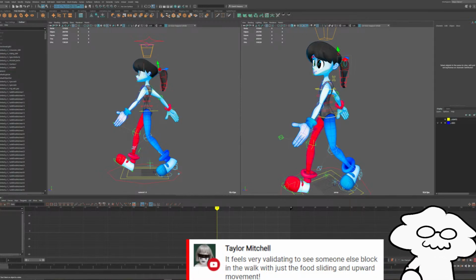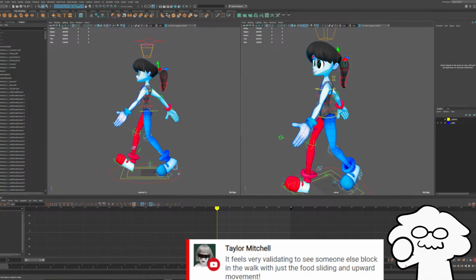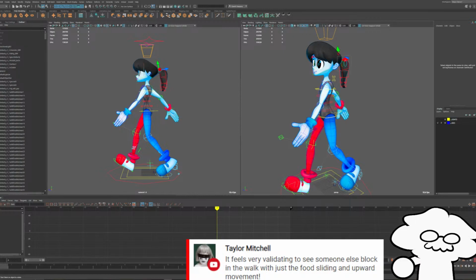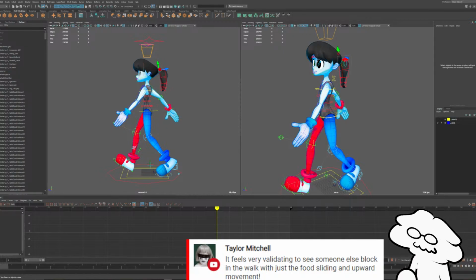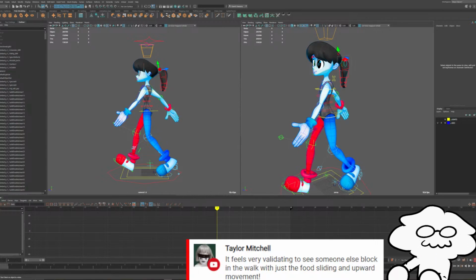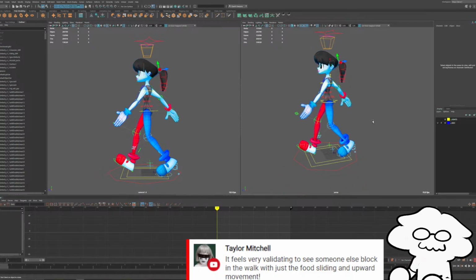But whatever way you do it, if it works and it looks good, I mean, who cares how it's done, right? I know animators who will block out the most basic positions and keys of an overall movement that looks incredibly silly, and then a couple hours later it looks fantastic.